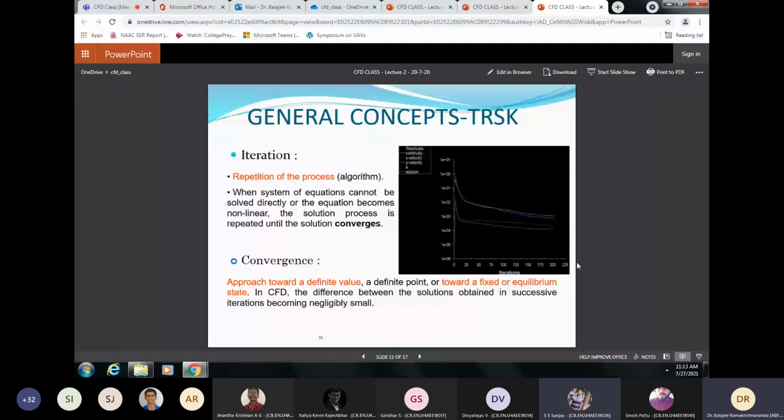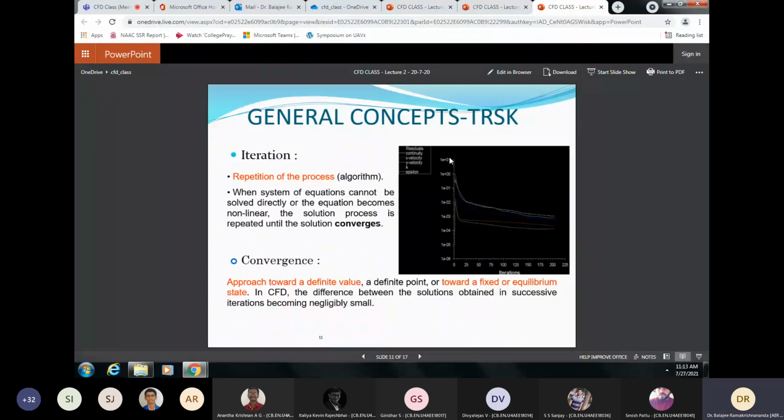So, okay, sir. On the x-axis you have iterations. On the y-axis, if you look carefully, it's a log scale, so it's a semi-log graph. At the bottom of the y-axis you have 10 power minus 6, then 10 power minus 5, 10 power minus 4, minus 3, minus 2, minus 1, and then 10.